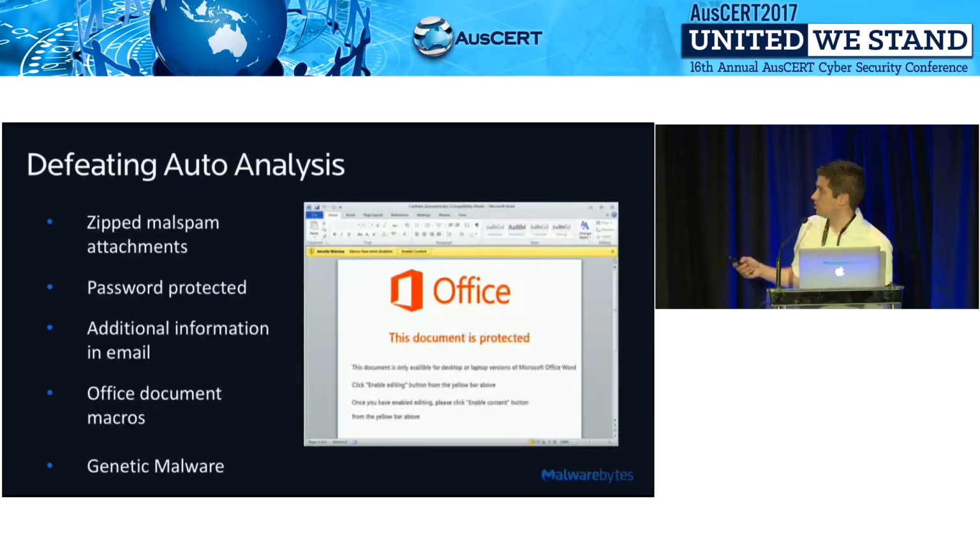And then finally, they're also utilizing techniques to defeat auto-analysis, right? In our State of Malware report, we pointed out that as hard as it is to believe, malspam is still the number one source of malware infection that we're seeing in the enterprise. It's been around a long time, but actors have turned it into a business.